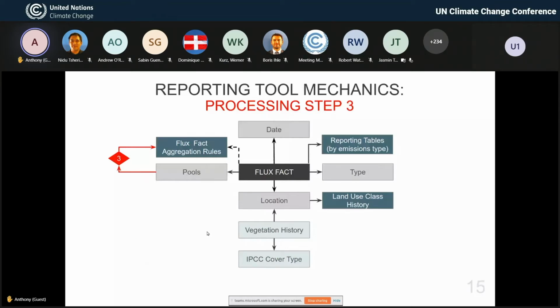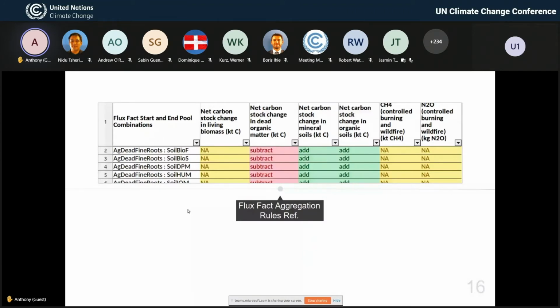So if something is moving from these dead fine roots to this soil biomass, this is how it needs to be treated for the different reporting variables. So the reporting tool looks at such a decision and does it for all the fluxes reported by the Flint, sorry.